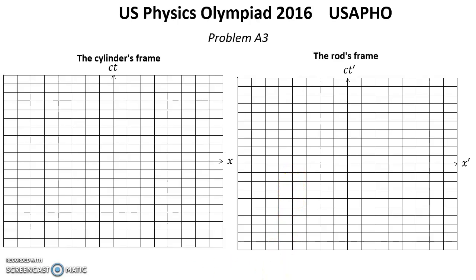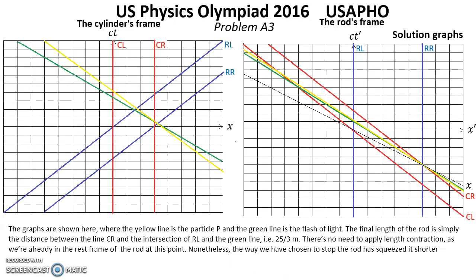Solution. Here we present solution graphs for this problem. The graphs are shown here, where the yellow line is the particle P and the green line is the flash of light. The final length of the rod is simply the distance between the line CR and the intersection of RL and the green light,